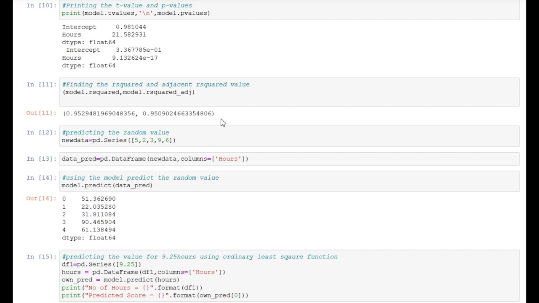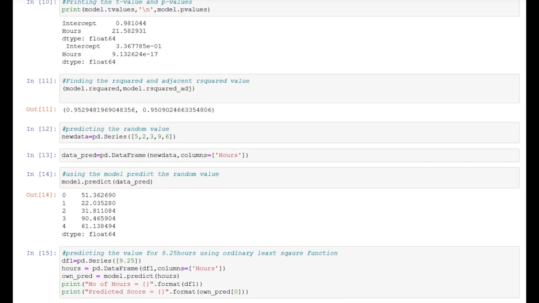The solution shows 51 as the percentage for 5 hours, 22% for 2 hours, 31 for 3 hours, 90 for 9 hours, and 61 for 6 hours. Like this, for the number of hours we get a percentage for the students.